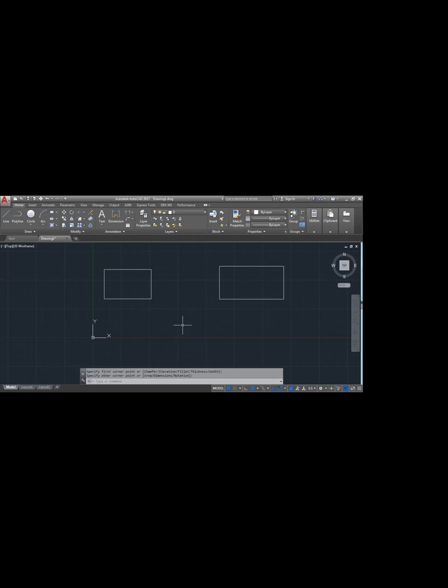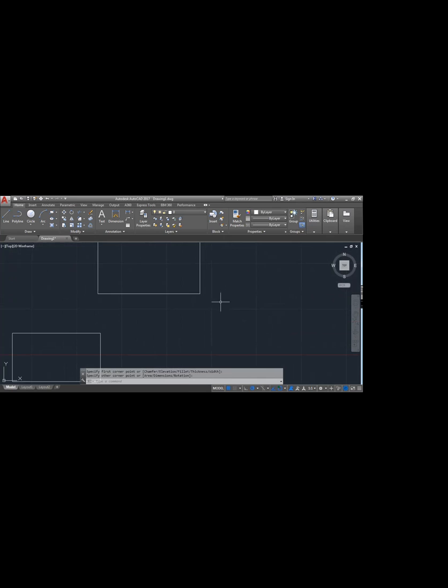If I select enter directly, I will get the rectangle command. I need a few samples to explain the arc.